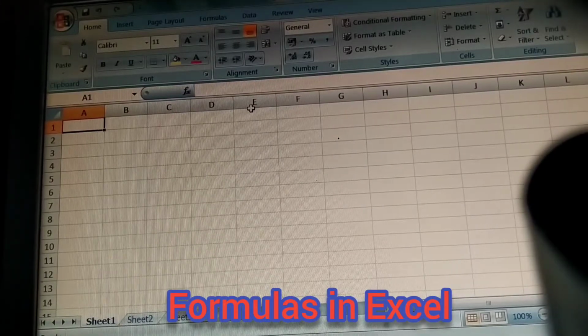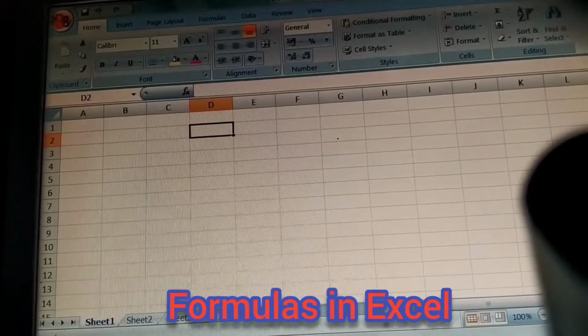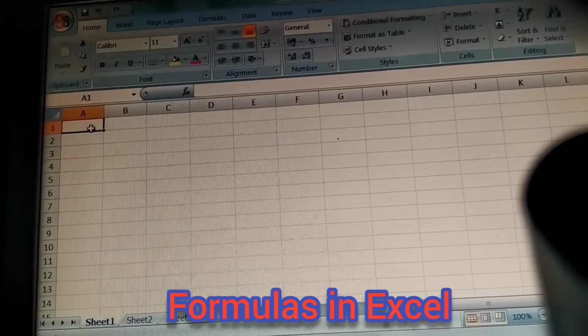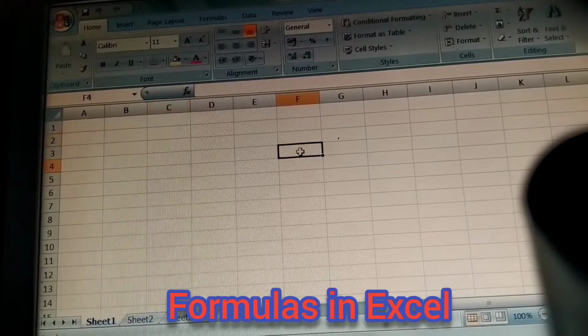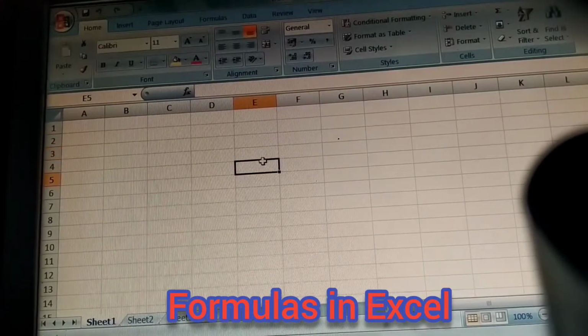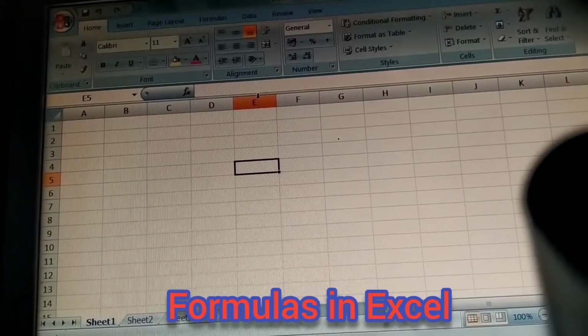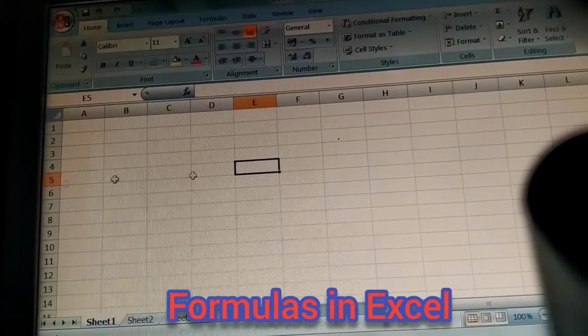For example, we will make one simple mark sheet. See, when you start your computer, by default this cell is selected. This one which is selected is the active cell. Every cell has a specific address. How do we understand the address? It means column name and row number. So this cell address is E5. That cell address comes in the address bar.